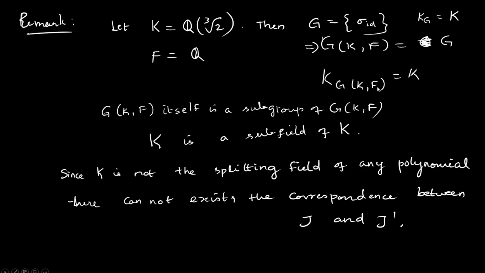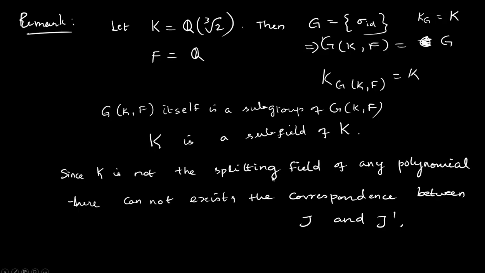And when you consider the fixed field of G, that will be K, it leaves all the elements fixed. Since K is not the splitting field of any polynomial, you cannot have any such correspondence,